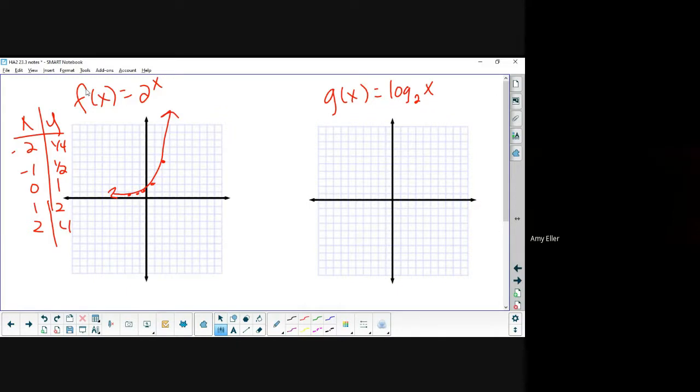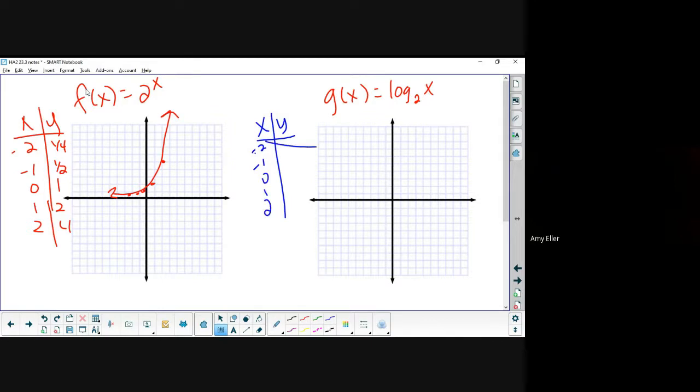The easiest way to make a table, if I already have a table of the inverse, is what? Flip it. The easiest way to make a table for logs is to do the inverse and flip it for most people, because logs are harder to think about. It takes us a little more time to make an input and an output. Because if I were to do this, do